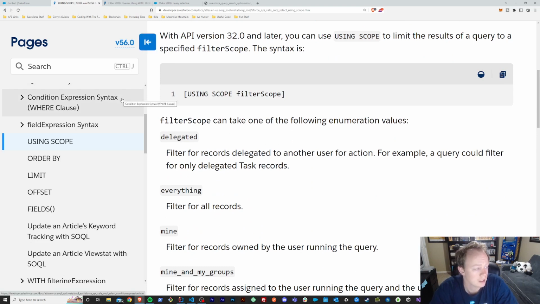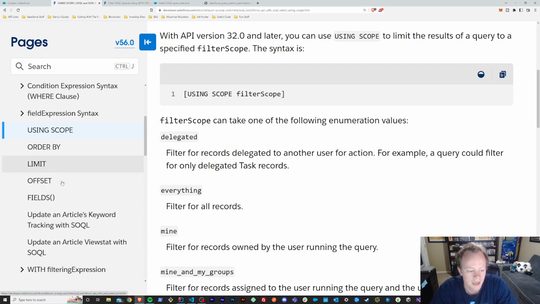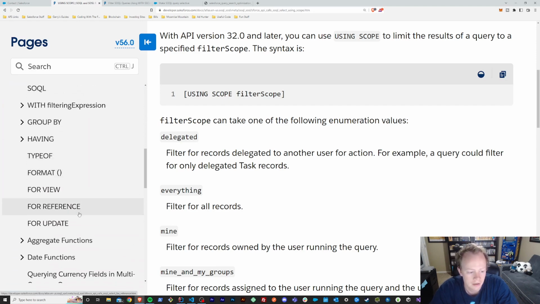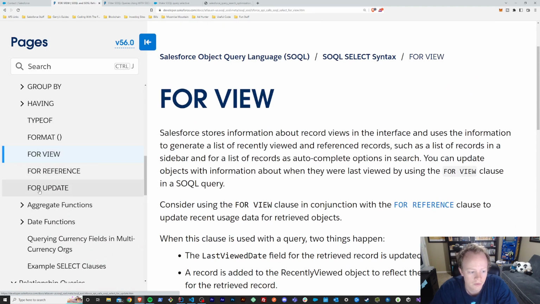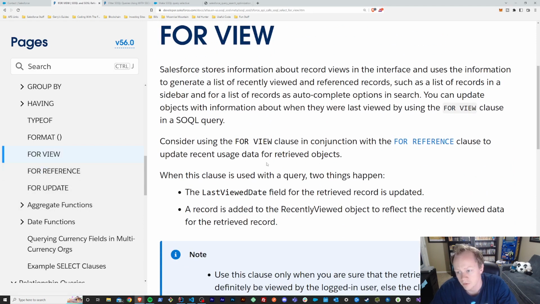All right, so now that we've gone over that, there's a couple of other little unique clauses that I just want to go over real quick. The first few are these for view, for reference, and for update. And these are pretty cool. And I feel like a lot of people, or maybe most people, don't know that these clauses exist. But you can use these for view clauses to